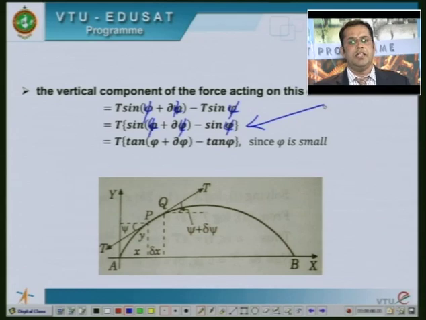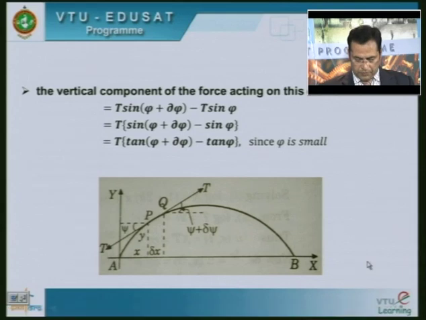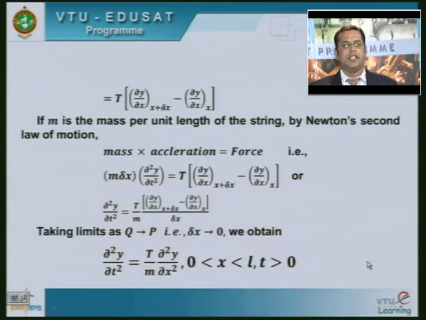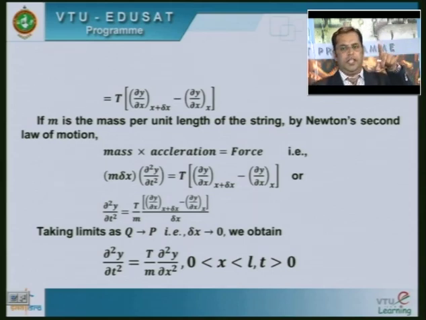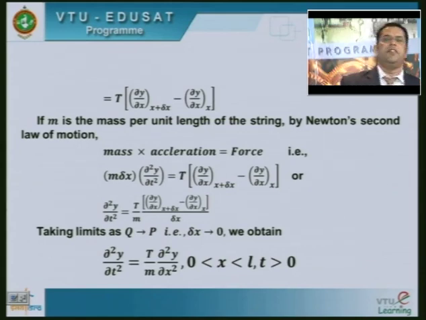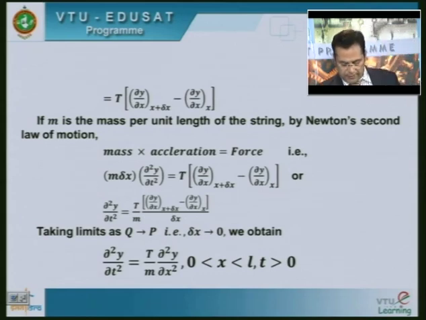into tan psi plus delta psi minus tan of psi. But you know that the geometrical meaning of tan is the slope, and slope is dy by dx in terms of the total derivative. So, because you are taking the vibrations in the xy plane, the equivalent partial derivative for the slope should be delta y by delta x. Hence,